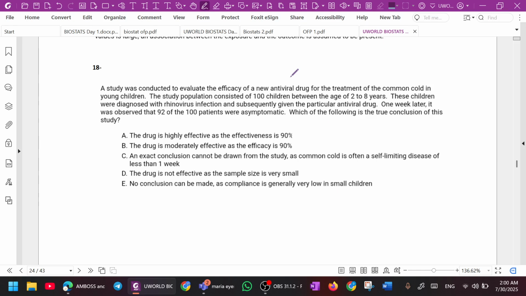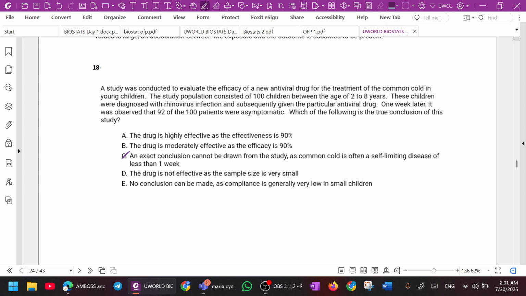Okay, what is your answer? What are they asking you? Oh, okay. You wanted to give me what is your answer? Sorry, they're asking to find out the true conclusion. Okay. Do you have an idea? Can you eliminate something maybe? Or do you want to?